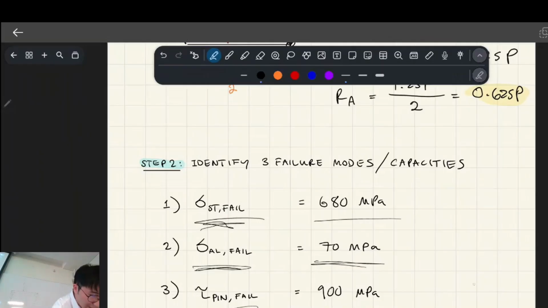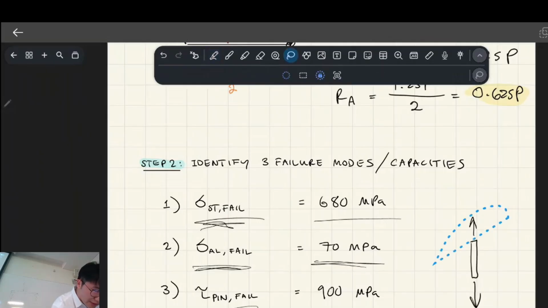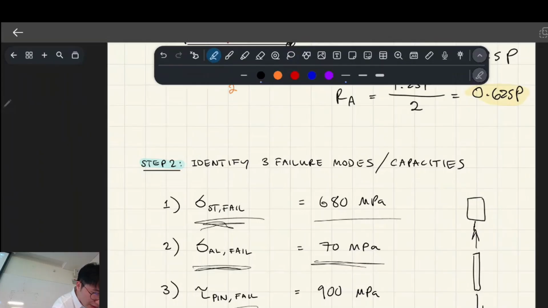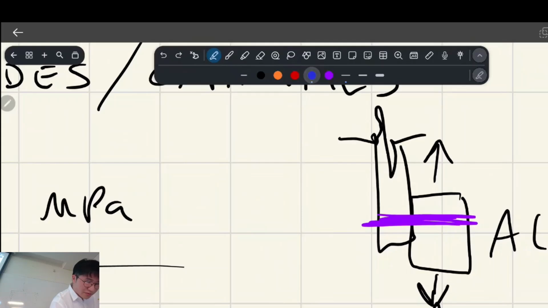I think about it like this. By the way, that's the rod, and the force is traveling that way. So that's 0.25 P. It goes into the aluminium block. So that's the aluminium block, that's the steel rod, and then that's connected to a pin. That's like a reaction, like a support. That's the pin. So in purple's the pin, and that's taking